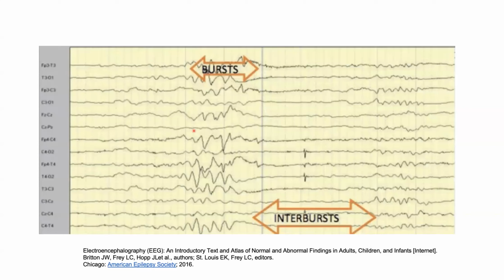Whereas in an abnormal newborn or a preterm newborn, you can have very fragmented activity. This is called a burst suppression pattern, where you can see bursts as well as long periods of very suppressed activity, called interburst. This is what a preterm EEG looks like, but in a term newborn, if it looks like this, then it is definitely abnormal. This is what you see in the first component of EEG reading, that is background activity.